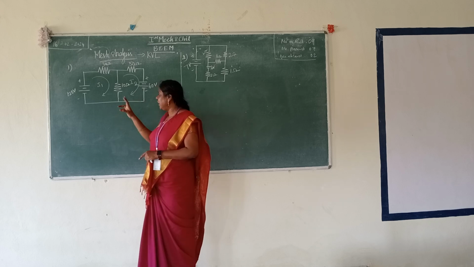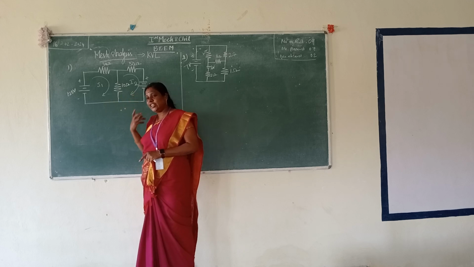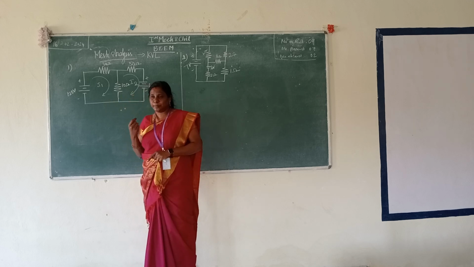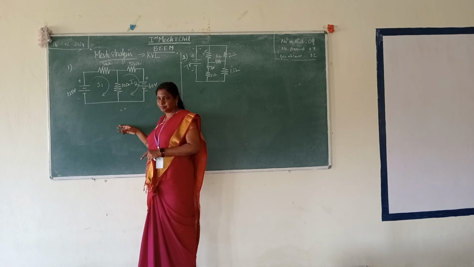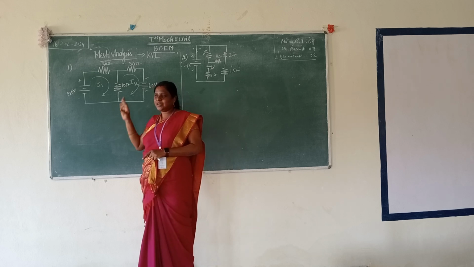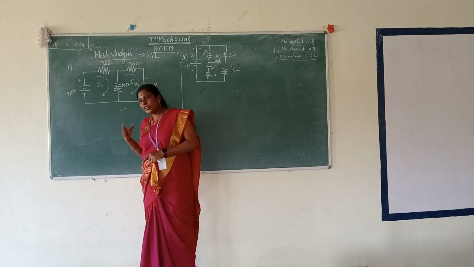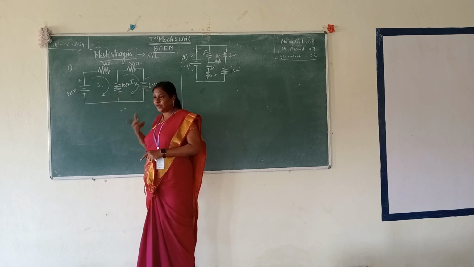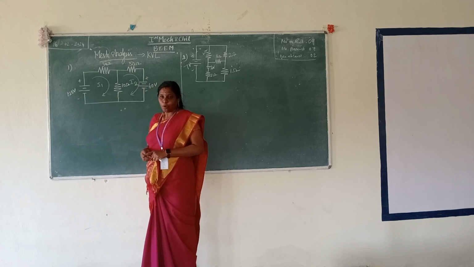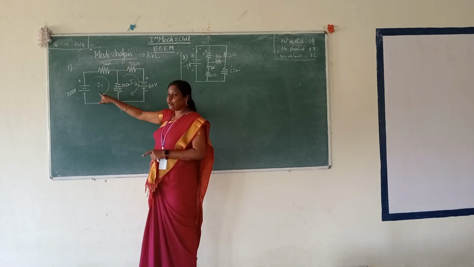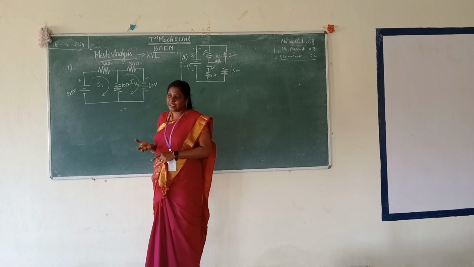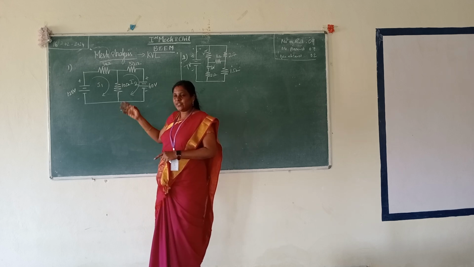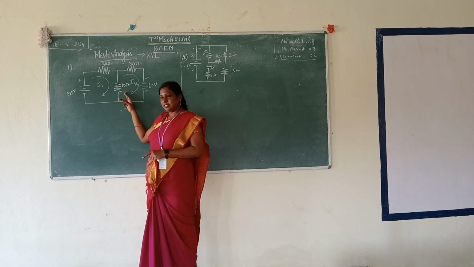After assigning the current for each mesh, I need to write KVL for each mesh. KVL is applied in mesh analysis in order to find the unknown currents I1 and I2. So mesh analysis is used to find unknown currents by using KVL. You know what KVL is? Kirchhoff's voltage law. The sum of the